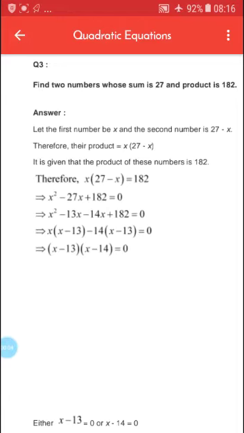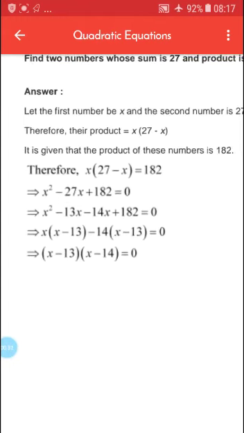It is not necessary that in the exam you have to follow that particular chapter. You can solve by any method. But here, as we are doing quadratic equations, we will try to form a quadratic equation and then solve the question. Now see, our question is: find two numbers whose sum is 27 and product is